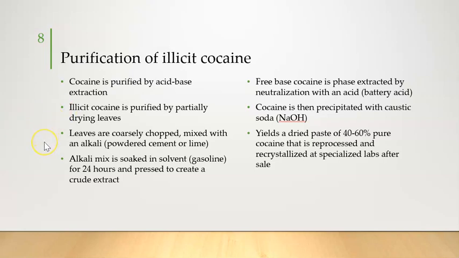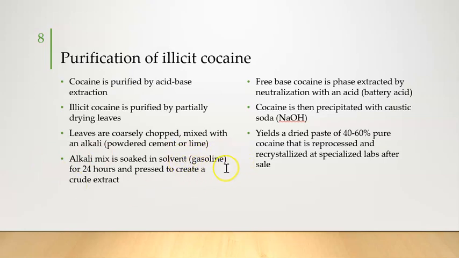We'll then grind those leaves up with an alkali. And usually the alkali will be a powdered cement or lime. And remember, lime helps it stick around longer, helps it keep its potency. The alkali mix will then be soaked in a solvent,